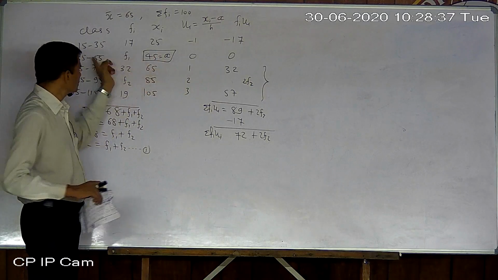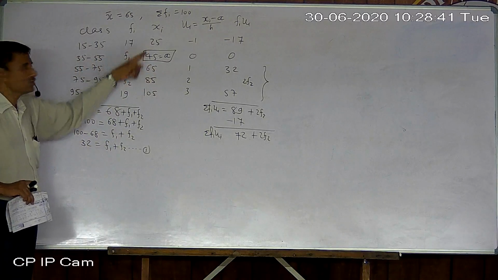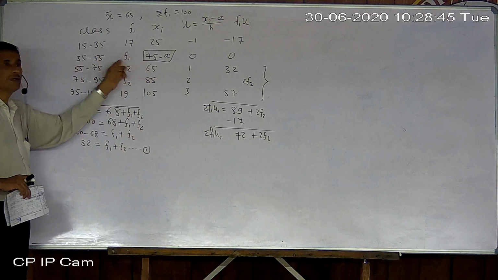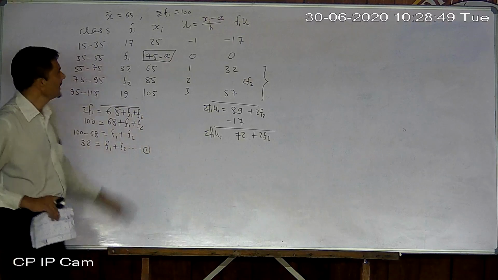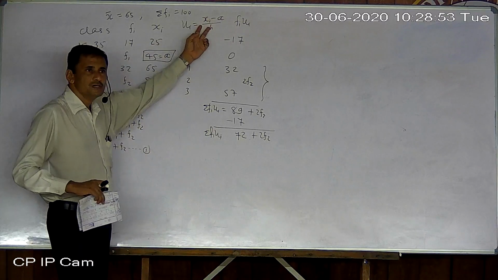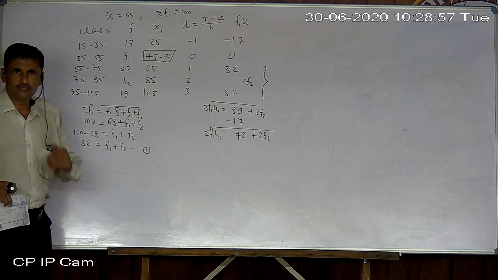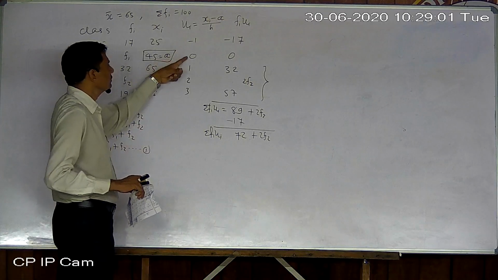A should be in the row of the first missing frequency, not at the first row or the middle row, but at a particular row only, against F1, in front of F1. Now write down ui, either by using the formula of ui, or directly whole numbers, integers. Start from here only, 0.